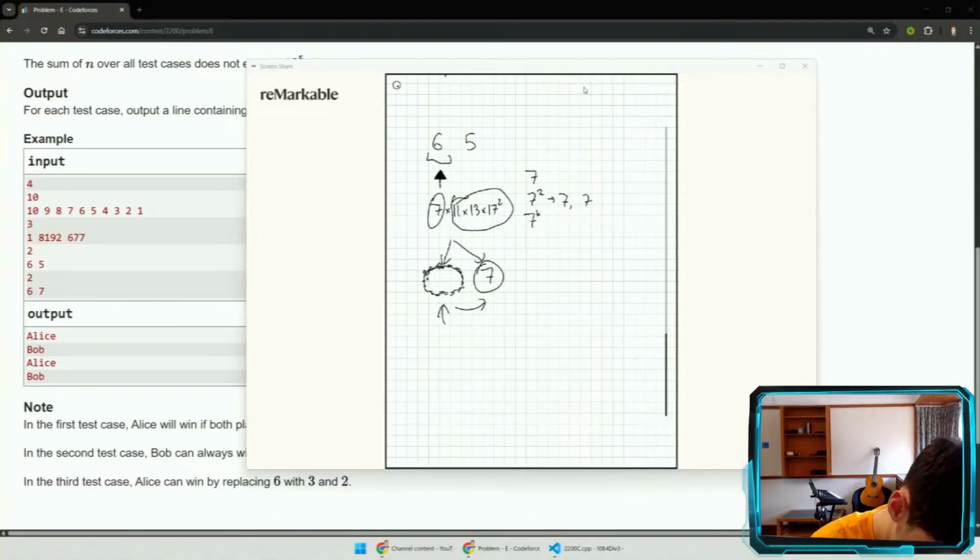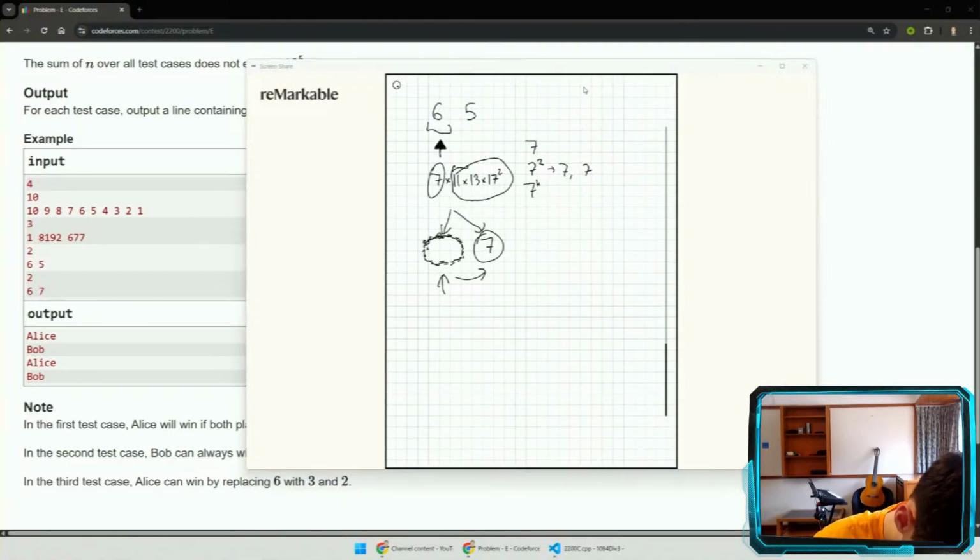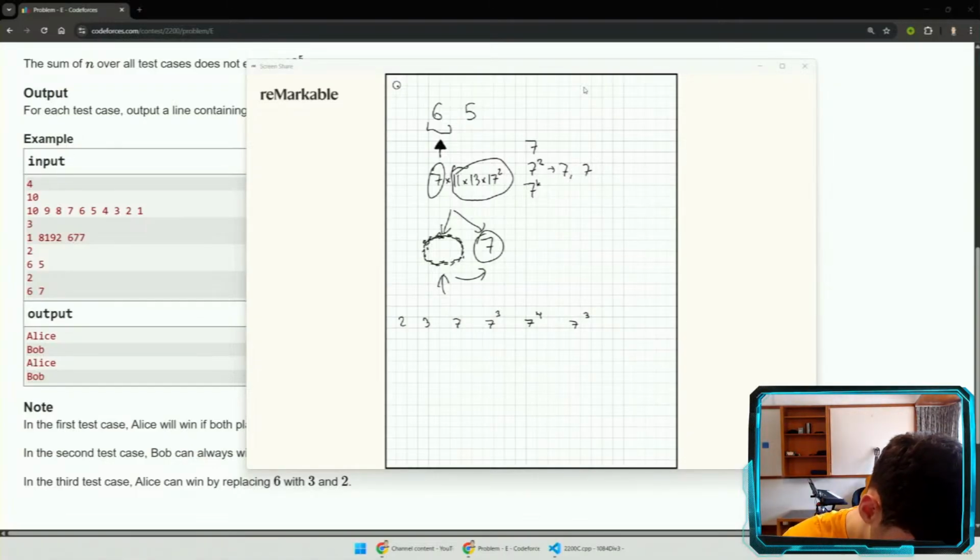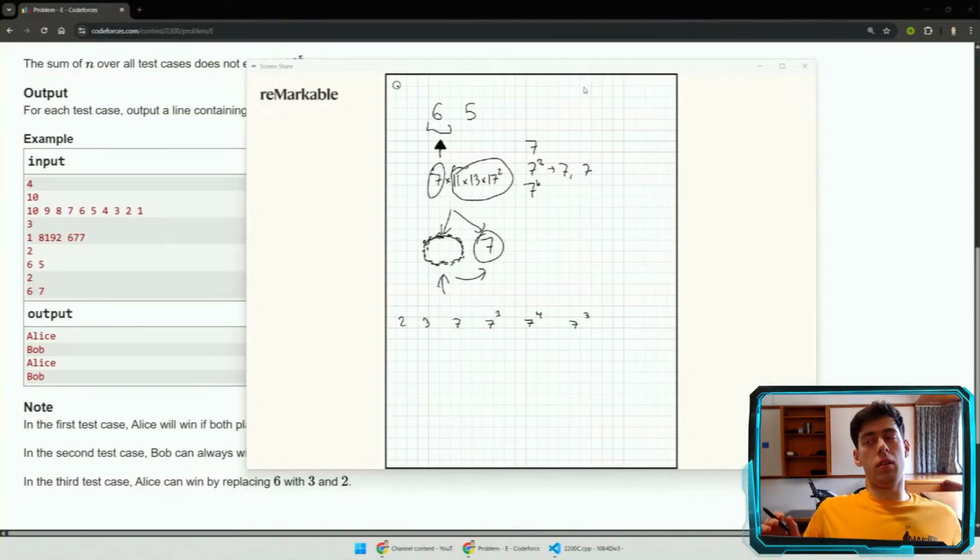And otherwise, if there is no number like this, what does that mean? That means the game isn't over immediately, and everything is either a prime or a prime to a certain power. And in that case, if everything is prime or prime to a certain power, I think the game is deterministic. While things can be split, they will be. And splitting, hear me out, if